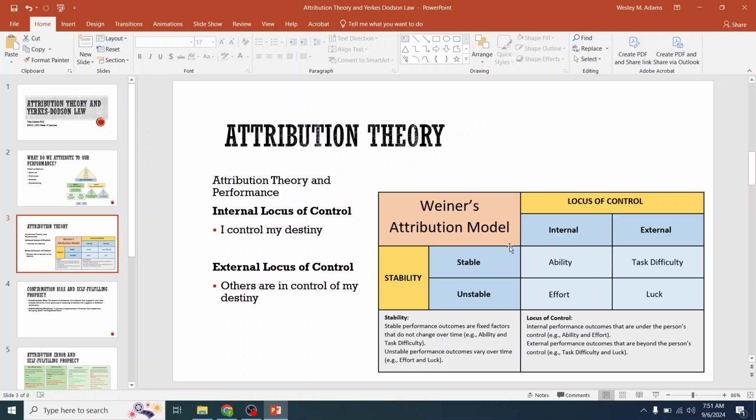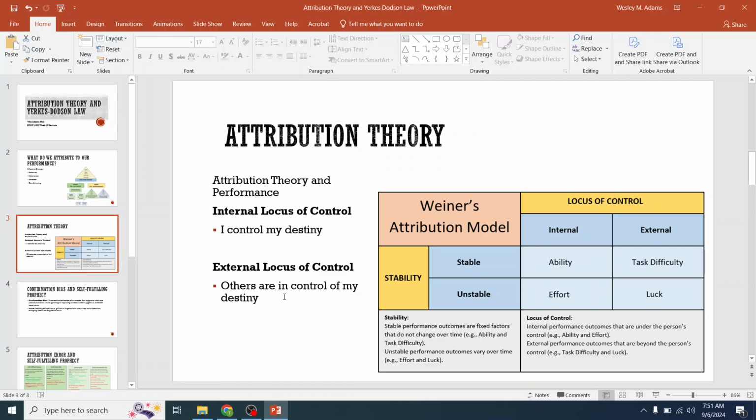So this is looking at different traits and their impact on your performance. More specifically, the impact motivation has on your performance. So let's look at internal locus of control. What does that mean with a common sense definition? That means you are in control of your destiny. When everything gets crazy, when all those external factors are out of your control, you don't worry about those. You just focus on what you can control.